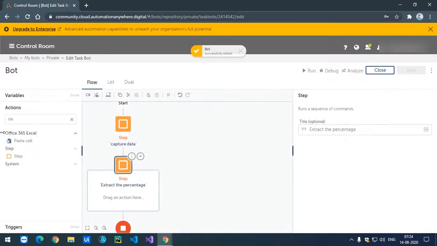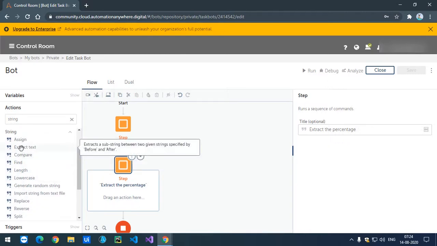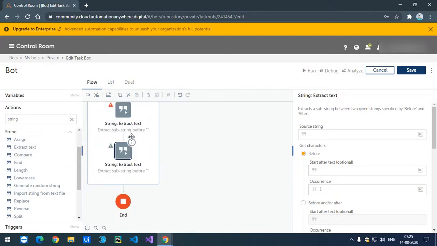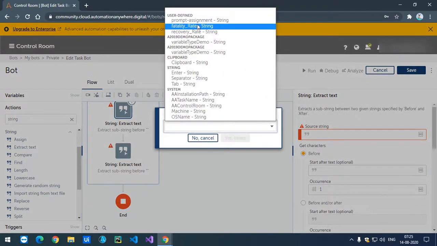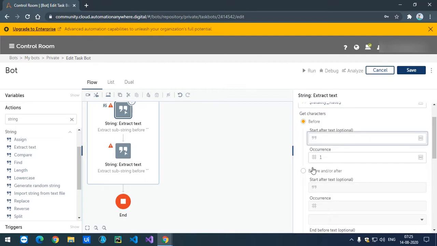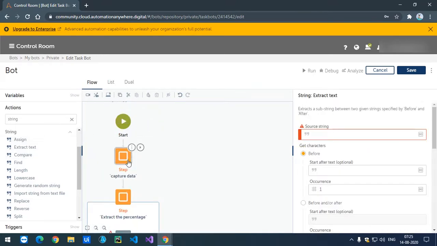I just added this step here and I'll use the string action, and in this I'll use extract text. I need to extract text from fatality and recovery, so I'll use it two times. The source string first is fatality rate. Let me copy that text so you will be able to understand.